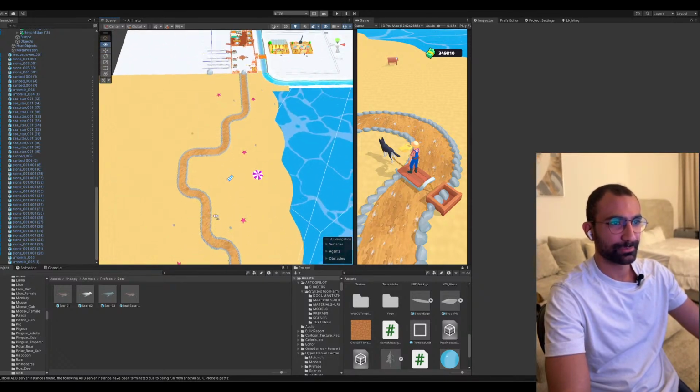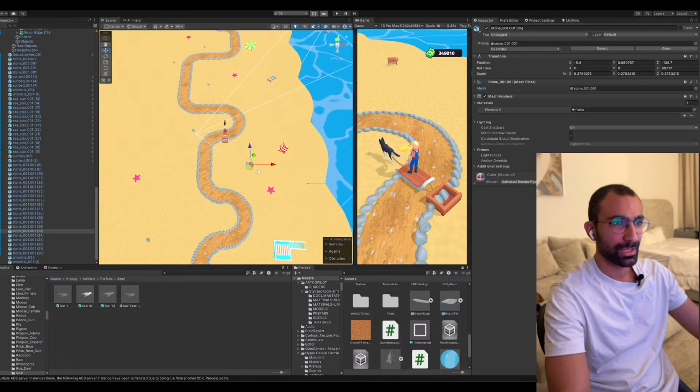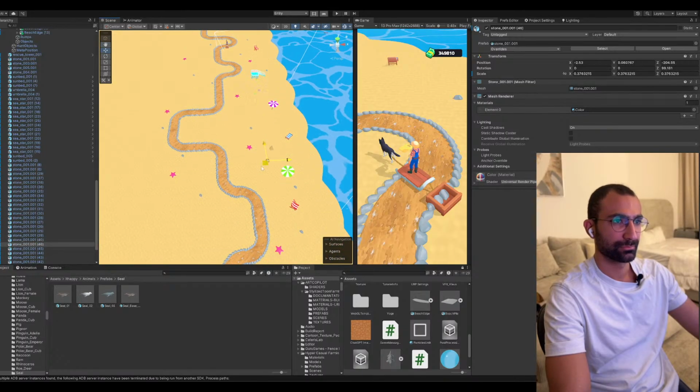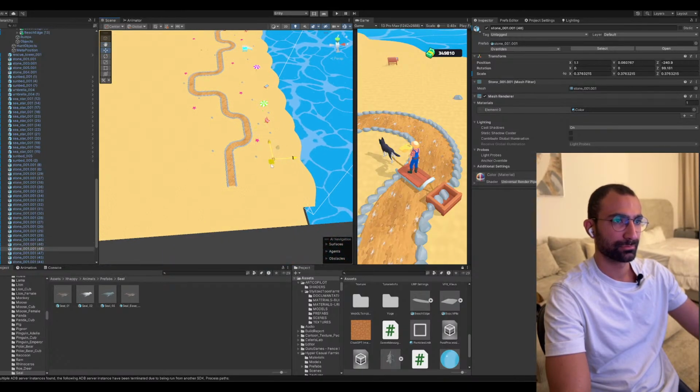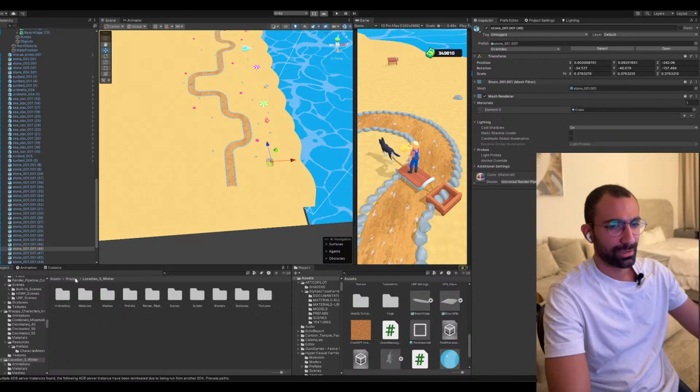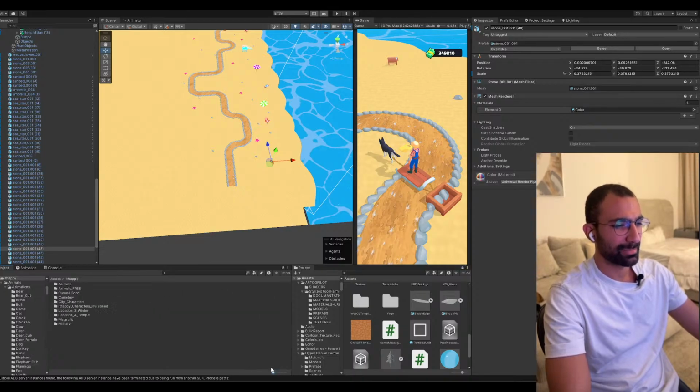Let's conserve energy for now. We need more stones. Don't we have other beach elements, like maybe